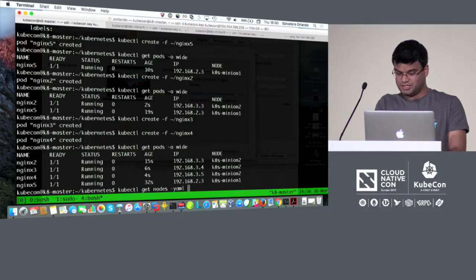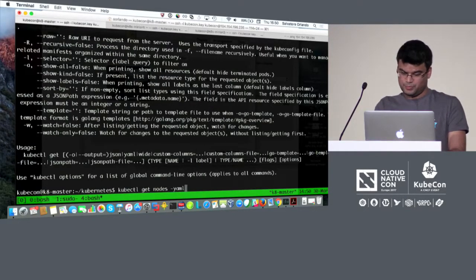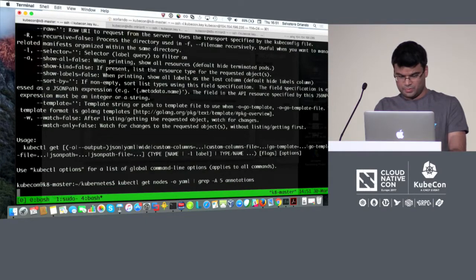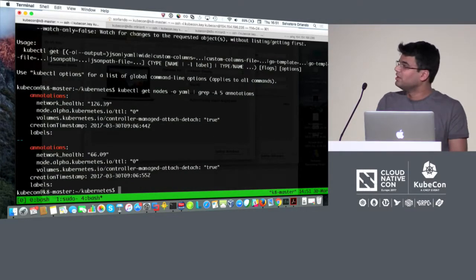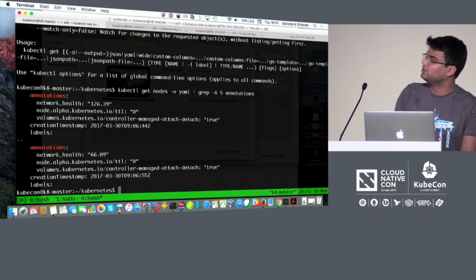And because of that, the scheduler took those health scores into its scheduling decision, and it placed the remaining pods on other nodes. So if we just look at the network health scores now, it tried to balance,